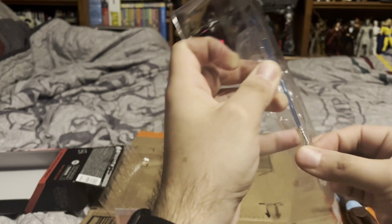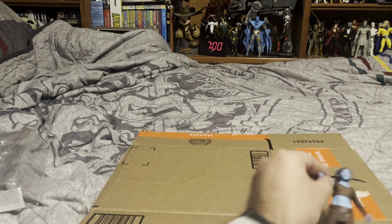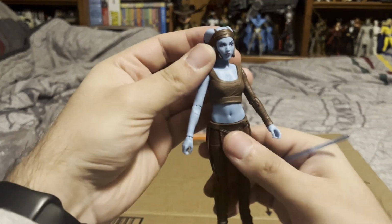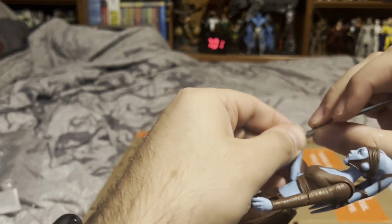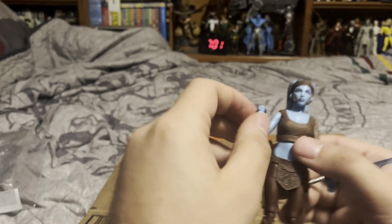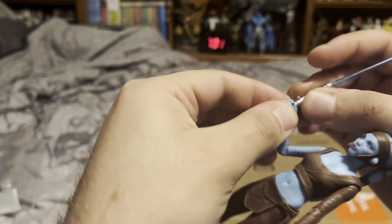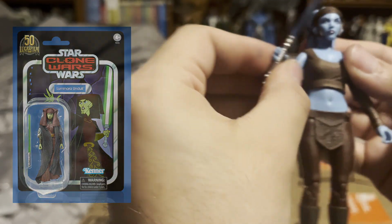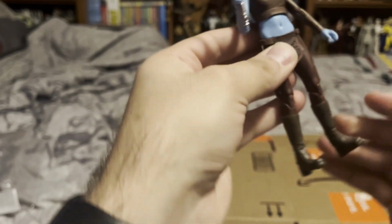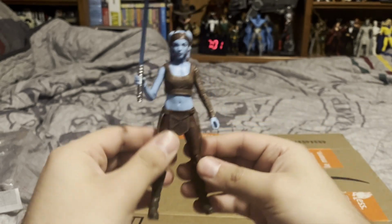And there's still a few more we need. We eventually need a Kiadi Mundi. We need, heck, give us a Yaddle one day. There's so many figures that we need in the Black Series line, just from the TVC wave from last year alone, the Walmart exclusive ones. We need Barriss. We need Syndulla, Luminara, something like that. We need her one day, but that's for another day. Let me know what figures you guys personally are waiting for in the Black Series line. I'm waiting for Starkiller. He's exciting, but...